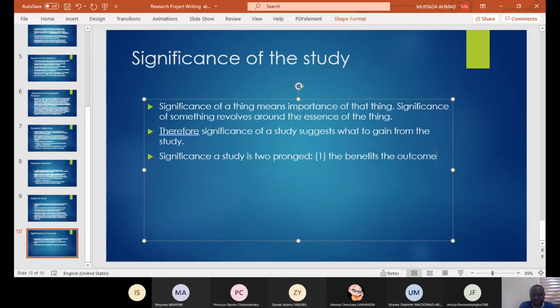The outcome is also what we call the findings. The benefit, the outcome, or the finding of the study